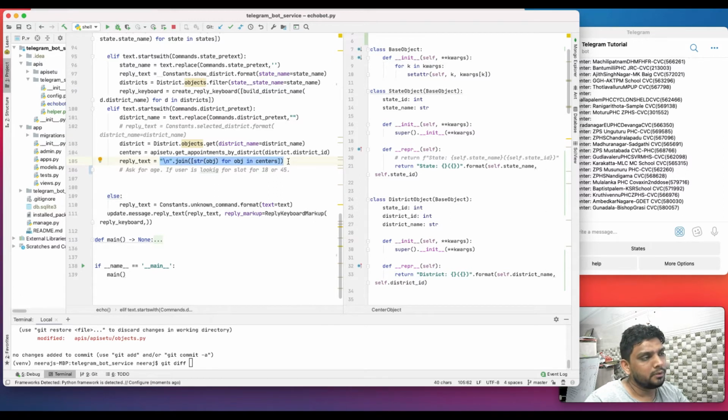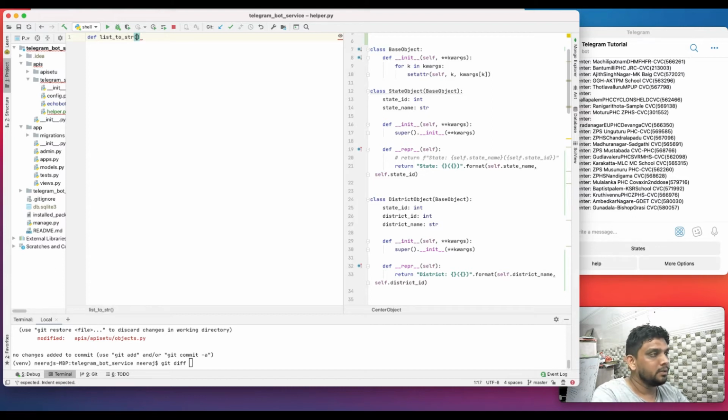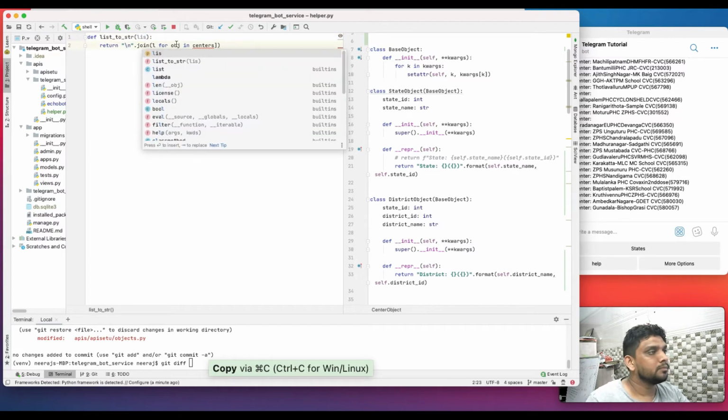If we observe this, we are frequently going to use this type of thing, so we can create a function called list_to_str, which is going to accept a list and return a string.